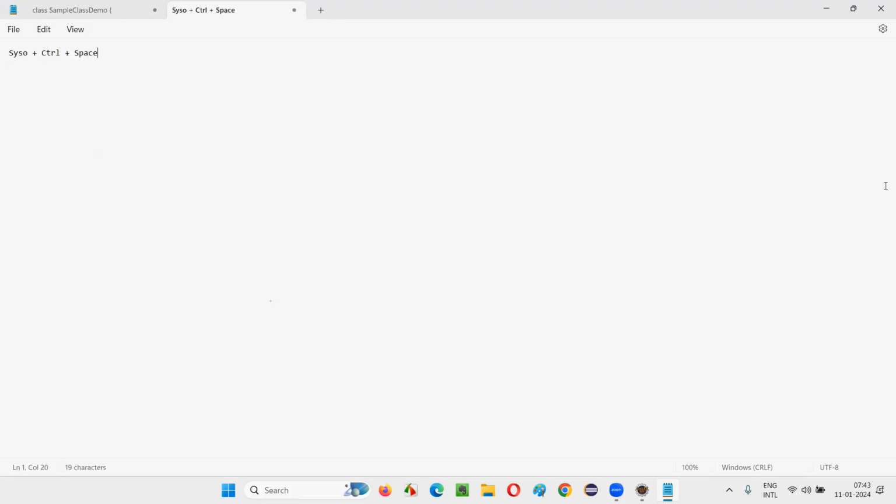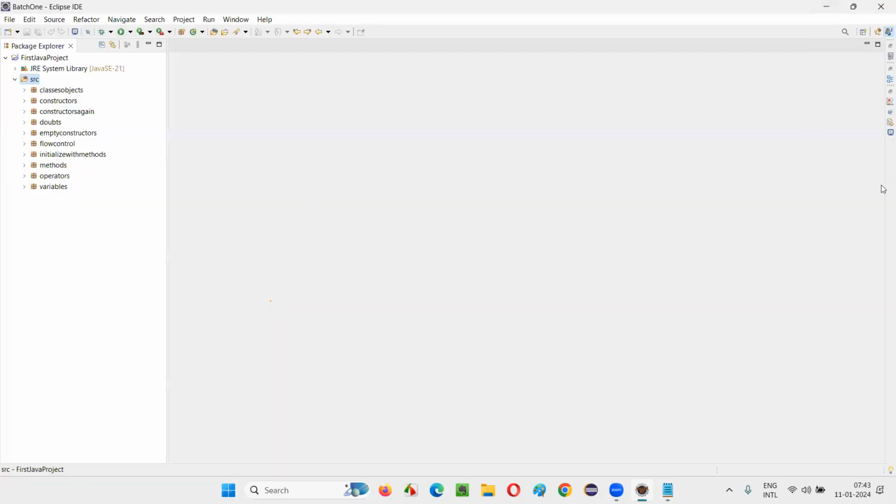Two keys you have to press together. You don't have to type the entire system.out.println. Type only syso, then Control plus space together. Clear? Otherwise, you have to type the entire print statement by yourself. That will take a lot of time, because every time you are using print statements.